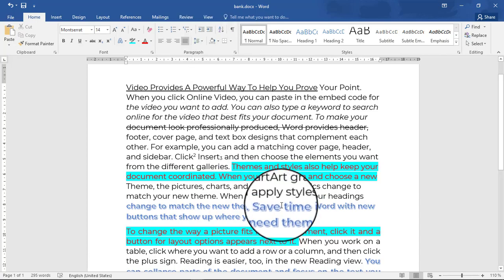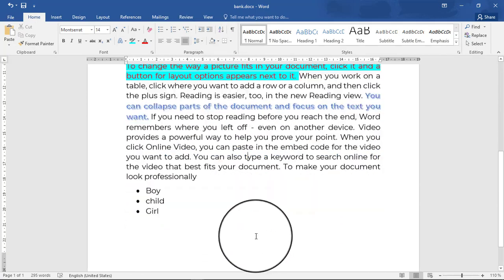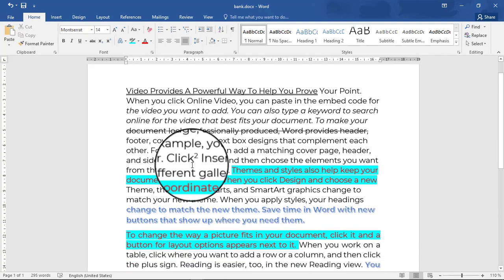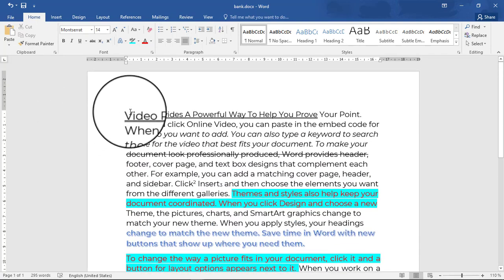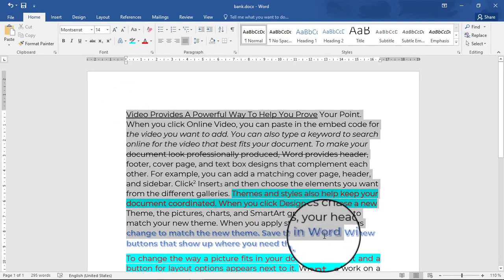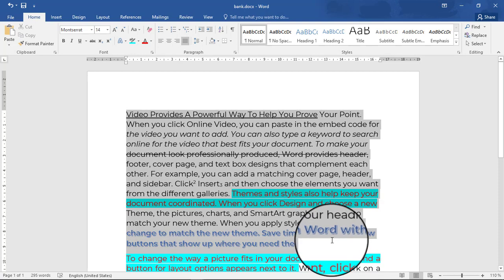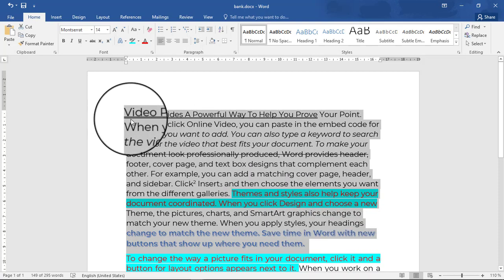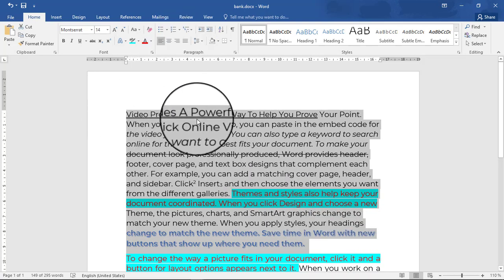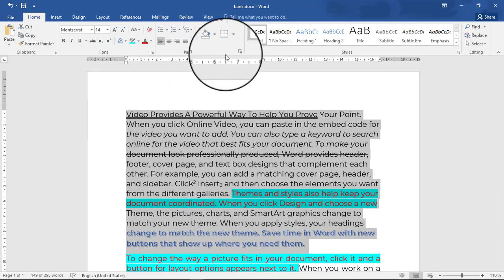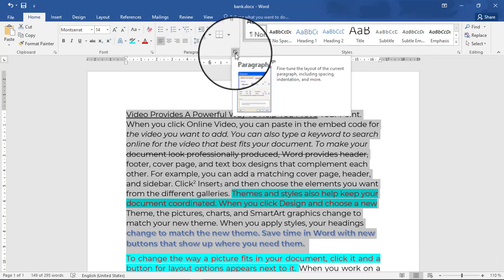Another thing we are going to talk about here is line spacing of our document. You just have to highlight what you want to change. I want to change the spacing here, there to be spaces after each sentence. Just have to come and highlight. Then you move and press this icon here.